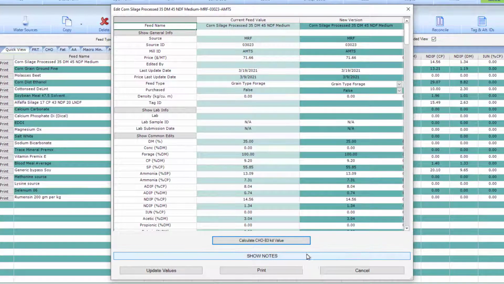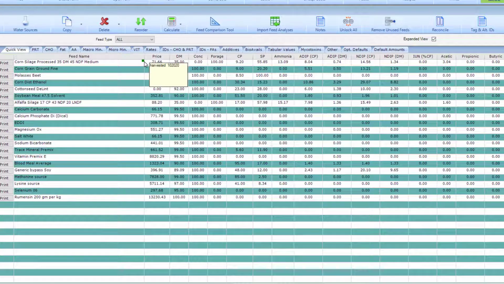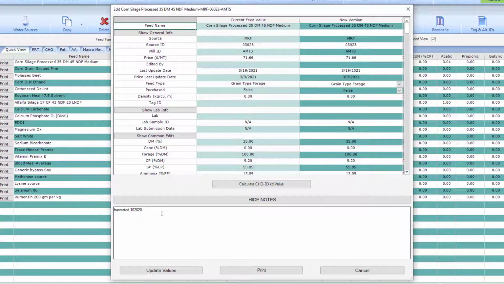Finally, the notes section of the edit feed dialog allows you to add notes about a specific feed. When a note has been added to a feed, it will show with a small green square in the corner. Hover the cursor over the box to expand and read that note. Some of our feeds from the commercial feed library will also have a green box, and it will tell you where the analysis on that feed originated from. You can add information like analysis date, etc. in this box, allowing for shorter feed names.